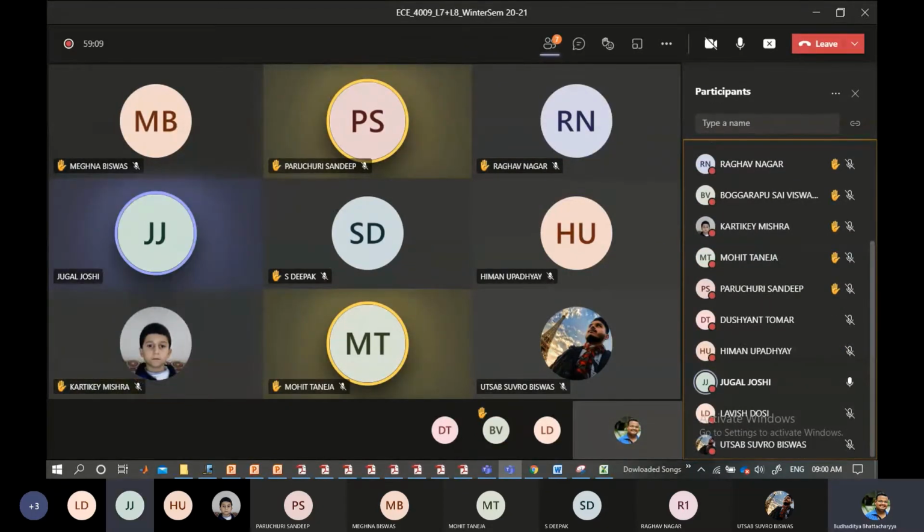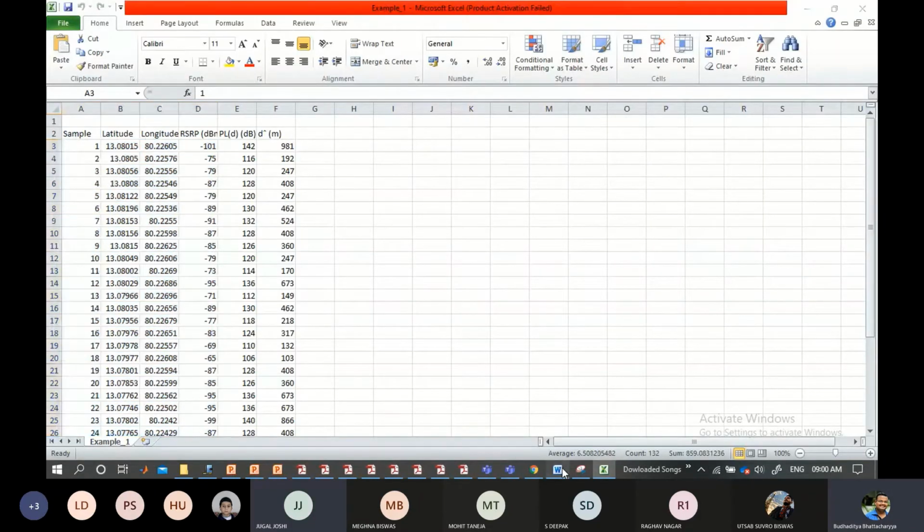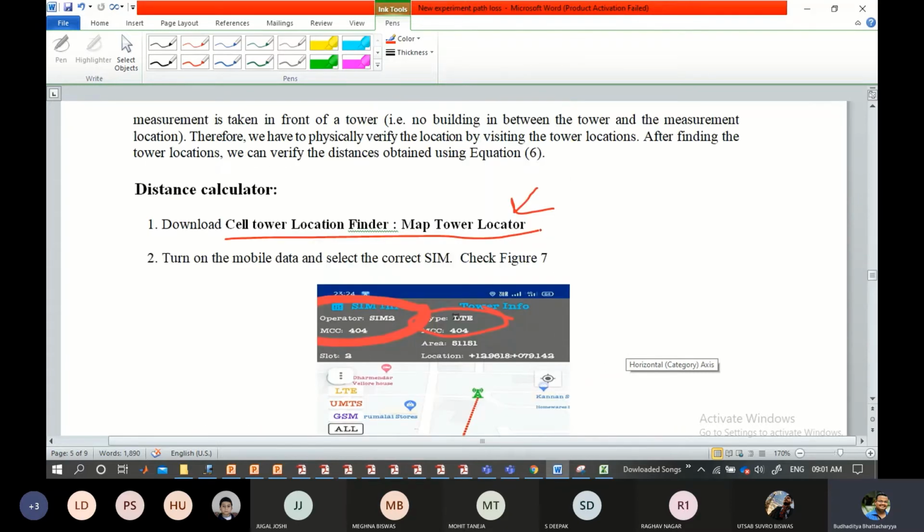Sir, can you show the app again? Like there are many cell towers. Yes, that's why. This is the app, Cell Tower Location Finder. I don't have the screenshot of the front page. It will look like a blue-colored screen with 4 icons: tower location, SIM and device information, tower list, and tower history. So these are the 4. I think I would add one screenshot of the app here somewhere. Yes, sir, found it. Okay.